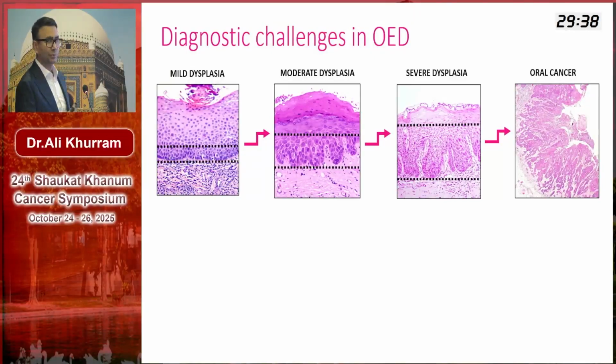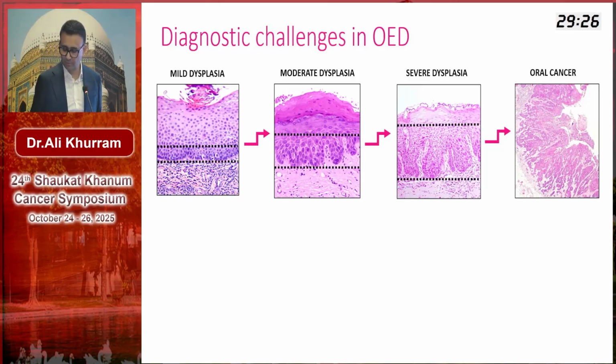So not only are we thinking about all of those features, then we're also thinking about the thickness of the epithelium that might be involved. So it's quite an artificial line to draw in your mind, and then based on that, you're giving a score or a grade, which is meant to guide treatment. So there's no surprise that there is a lack of agreement, and different pathologists grade dysplasia differently.